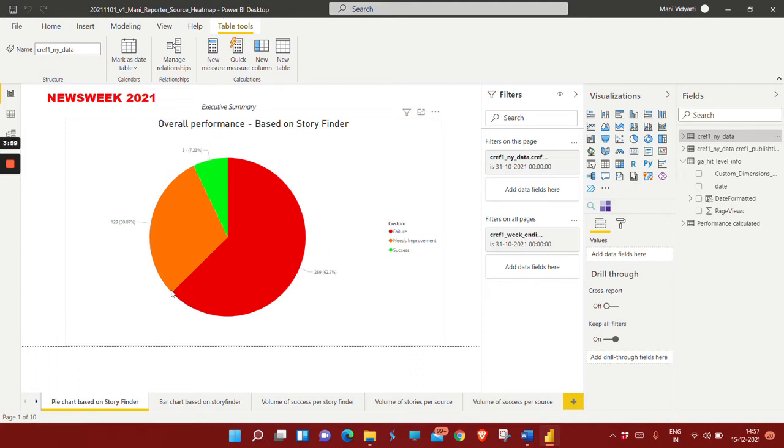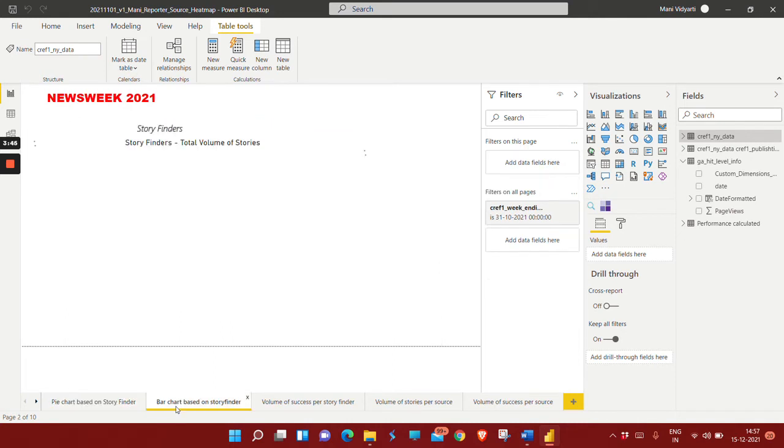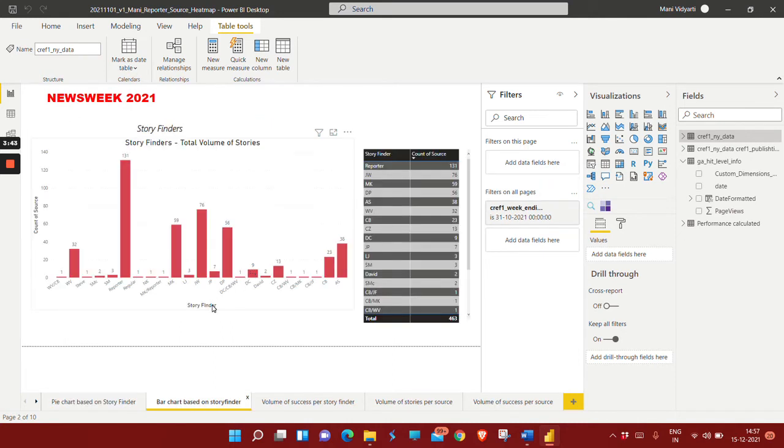So this is the pie chart of the stories based on the story finder. Like 31 stories are labeled as success, 269 stories are labeled as failure, and 129 as needs improvement. Next we have drawn a bar chart based on the story finders. Most of the stories are given by the source named reporter. The number of stories given is 131, and the least is given by WBCB or Steve, we can say, because